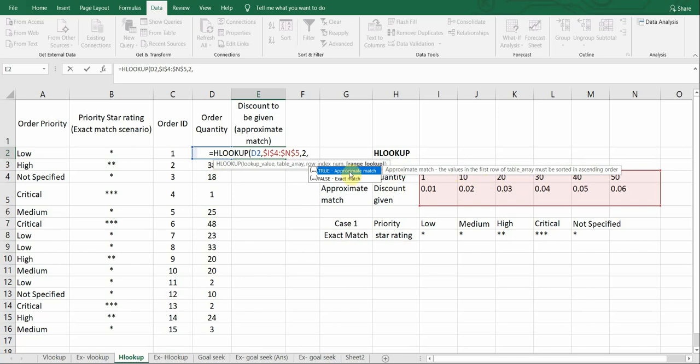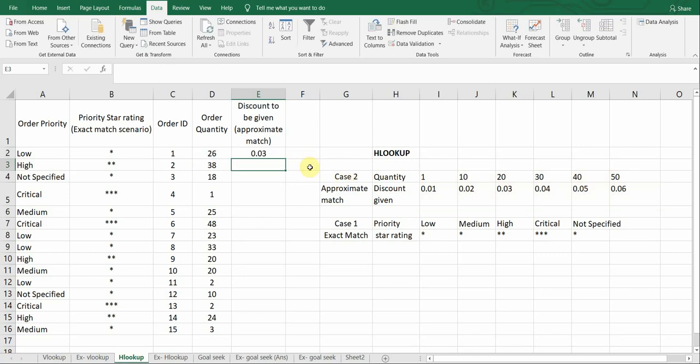So here we're going to choose true, which is the second scenario that we are looking into. And close the brackets, click on enter, and you will get the first output. So for order quantity 26, you're going to give a discount of 0.03.